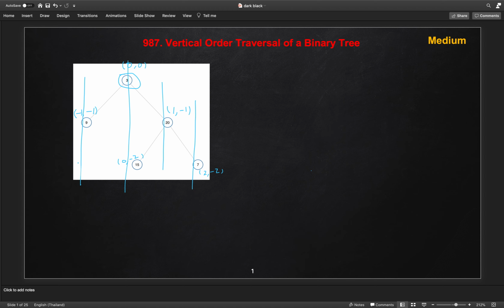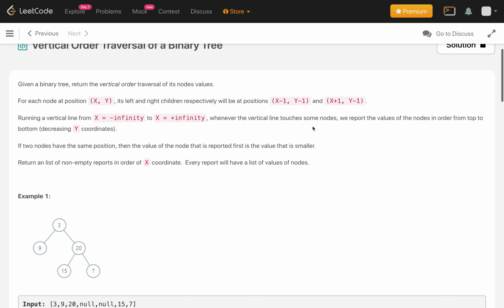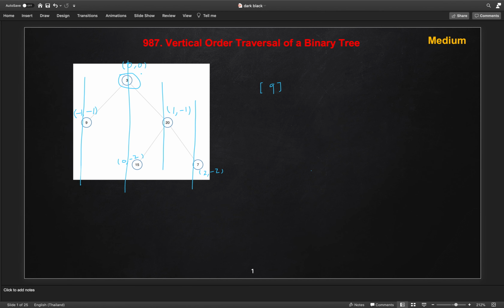In the first vertical line we have the node 9, so we return 9. In the second vertical line we have two nodes, 3 and 15, and we have to print by y coordinate from top to bottom, as mentioned here, in decreasing y coordinate.